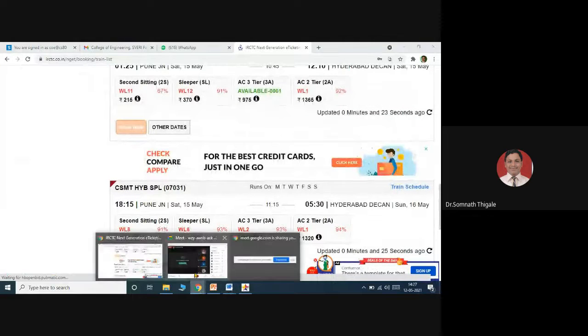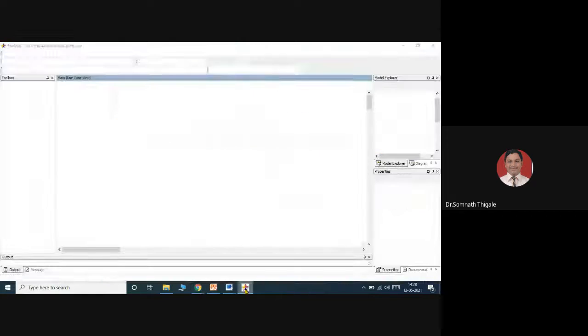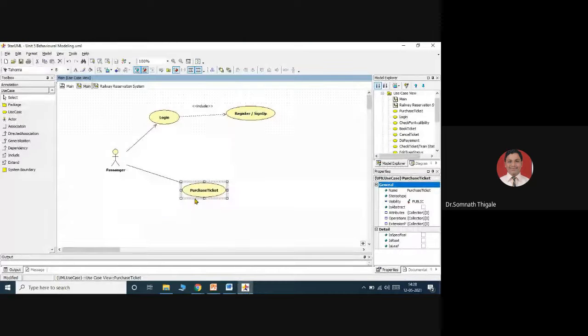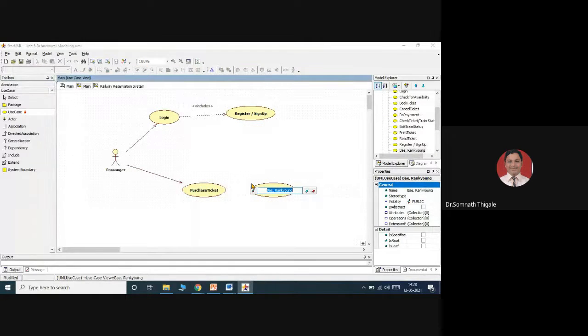So I will consider the flow like before going for the purchase ticket, after the login, we need to go for different use cases. So I will add the different use cases over here. So the first is search train. Okay. The second use case will be enter date, time.